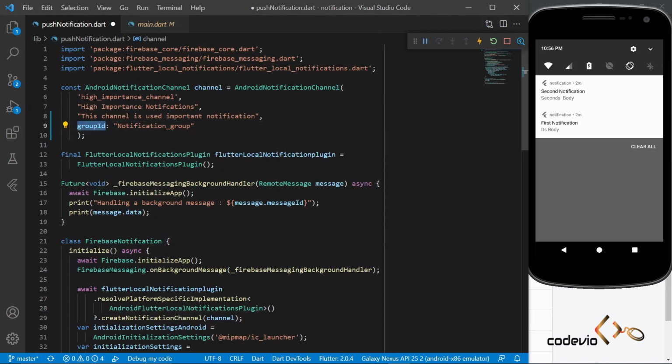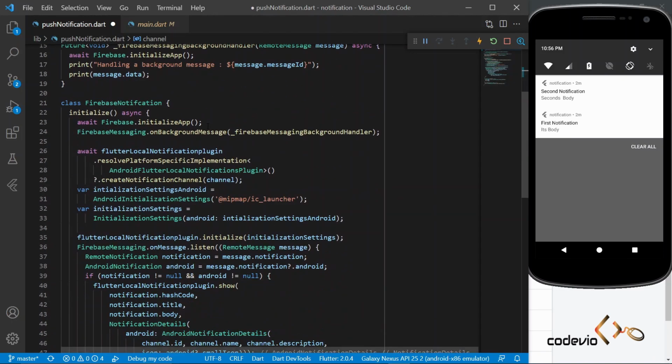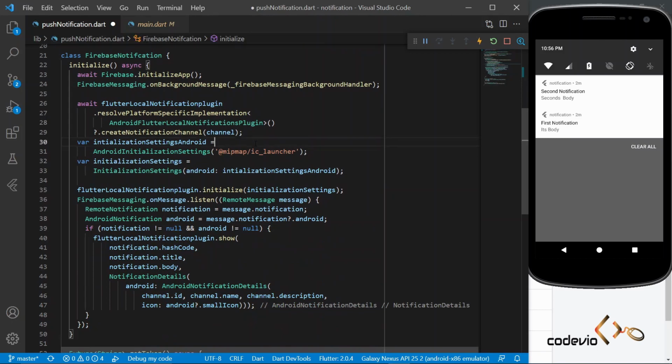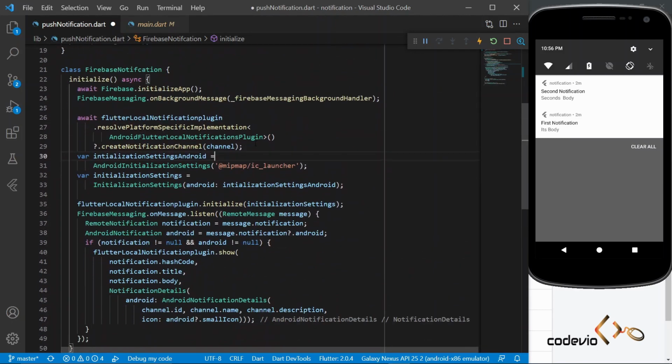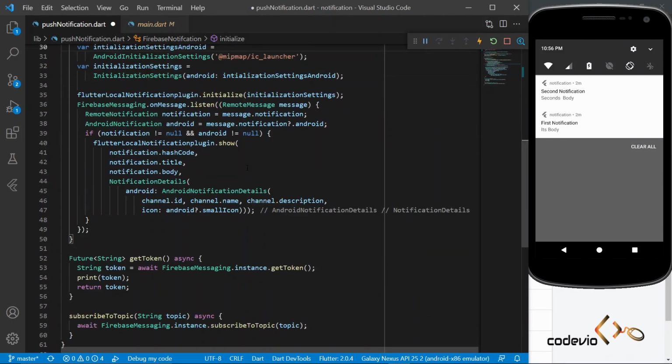I have already talked about the channel, and all that detail has been covered in the video that was already done about notifications. This is the code we wrote to implement the notification, and we must change this code a little bit to show the notification. First of all, let's implement the notification. Here I am going to give the notification details and all.